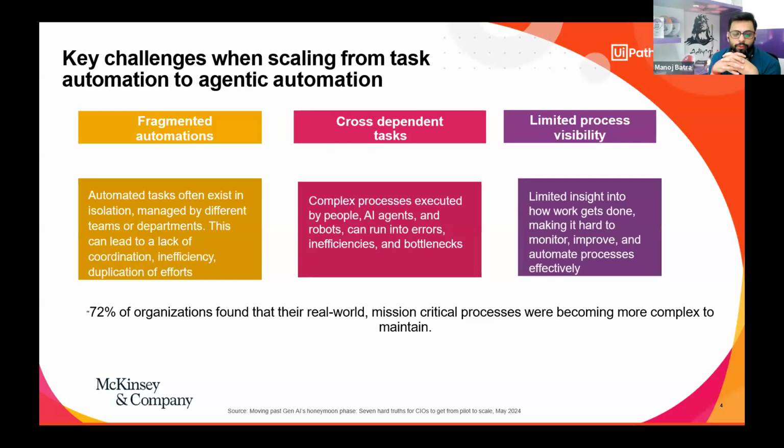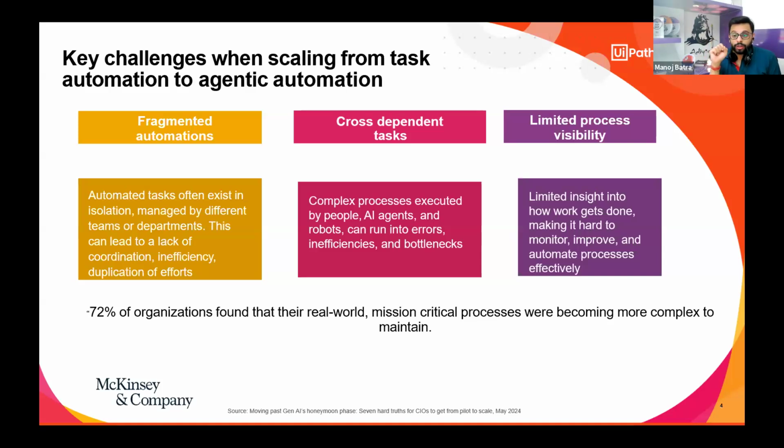Perfect. Okay, so before we delve deep into agentic orchestration, let's first talk about something that we all face as we grow in our automation journey. I'm talking about the challenges. I'm sure most of you have been working in RPA for quite a long time. Maybe you are building bots, extracting data from different systems or from Excel, sending automated emails. So you have already seen how the UiPath platform is capable of doing your automation. But I'm not talking about UiPath here.